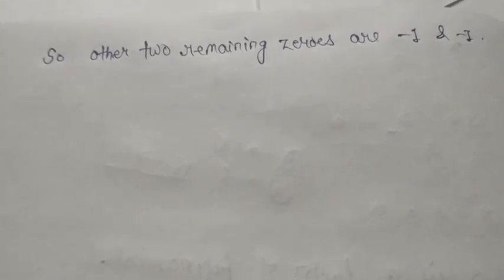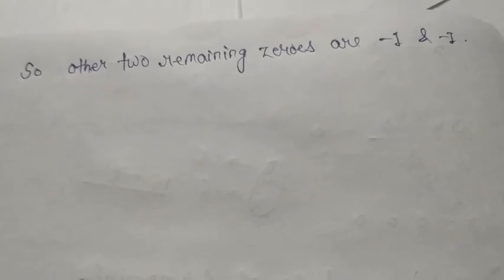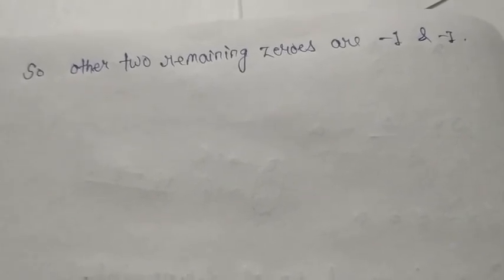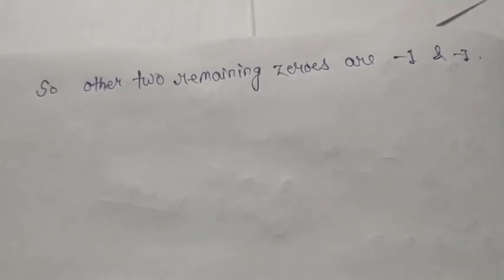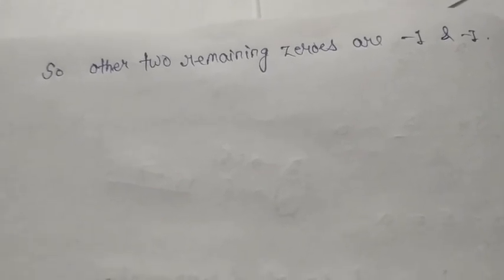2 or 3 questions are left, so I will tell in the next part. I hope that you have understood the things. If you are not able to understand, then watch it one more time, because everything cannot be understood in one time. Okay, you need practice. So children, go through the parts, go through the solutions, go through the problems. If you have any type of book, solve it, and a few more important questions are left, which I will tell you in the last part of this chapter video.